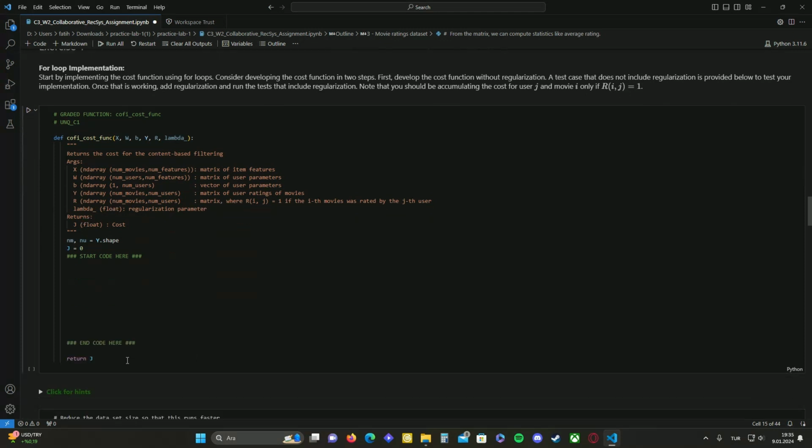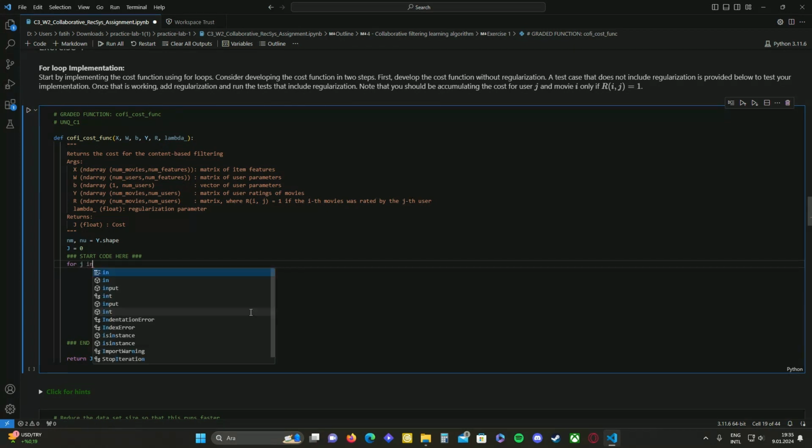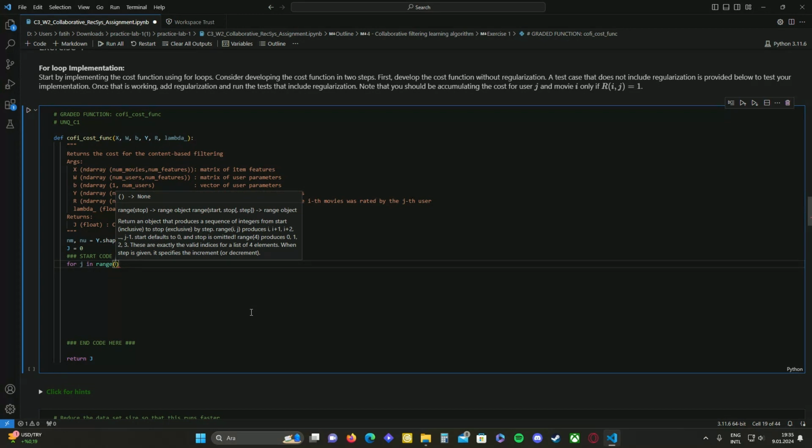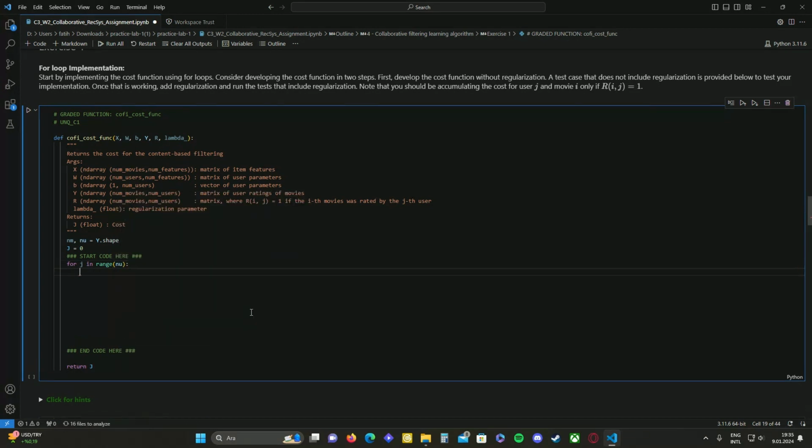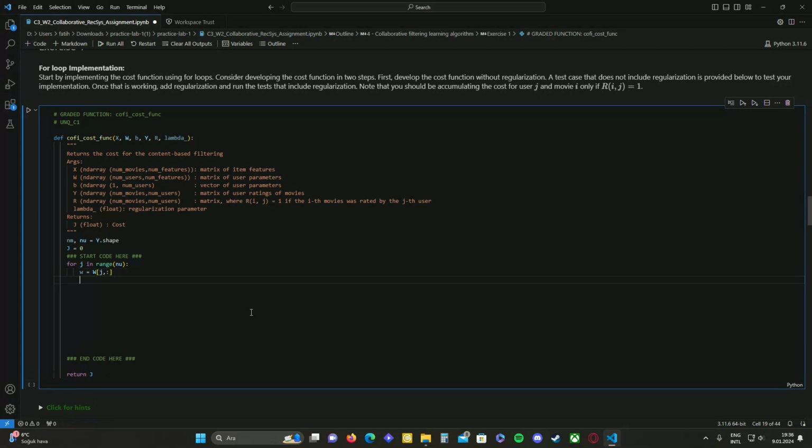Okay, let's start coding in here. For j in range nu, w equals uppercase W of j, and b underscore j equals b0 of j,